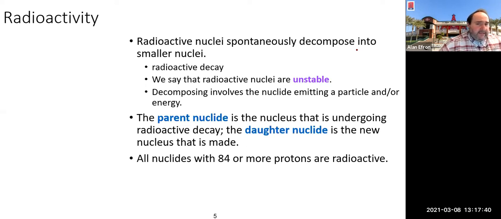So radioactivity is basically the spontaneous decomposition of an element into smaller nuclei. They go through radioactive decay. Some do it naturally. You could also get it going and start that process. And nuclear chemistry is a little bit different than